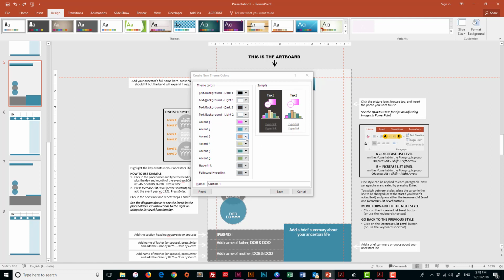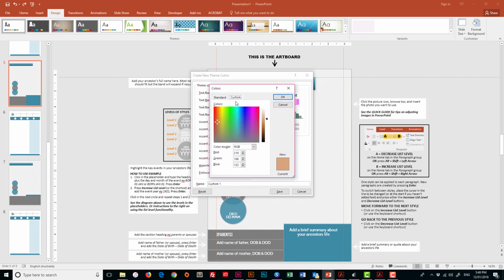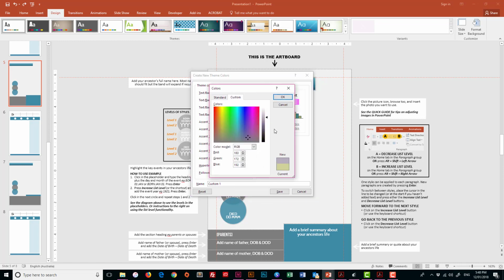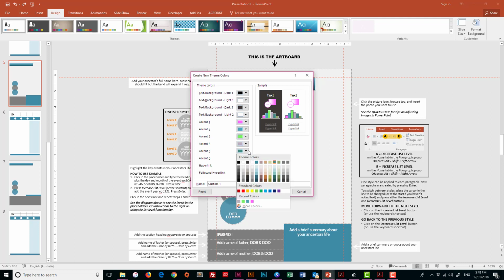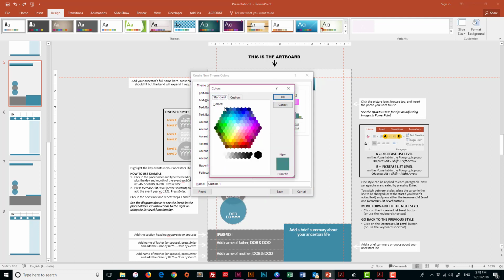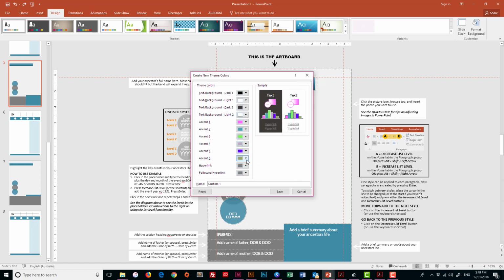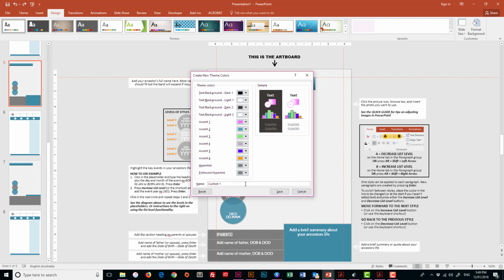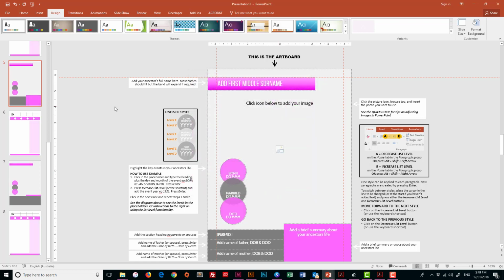So repeat that for each of the accents. I'm just going to pick some random colors here just to show you as an example. This is probably not a color palette that I would actually use, but that's okay. Pick a couple from standard. And then again, you would just name that, or you might give it your family name. I'll give mine at the end, and then you click save,